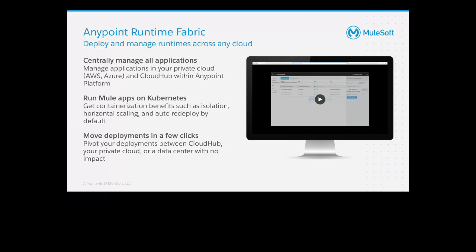And the advantage of this is that it's the same type of implementation as in CloudHub. In CloudHub, if you instantiate an application in a worker, it creates a virtual machine with one application, just as in Kubernetes, where it creates a pod with one runtime and one application. That means that you're able to fairly quickly move applications from CloudHub to private cloud and back to CloudHub again without any impact, because the way it's implemented is exactly the same, namely single runtime, single application per runtime.